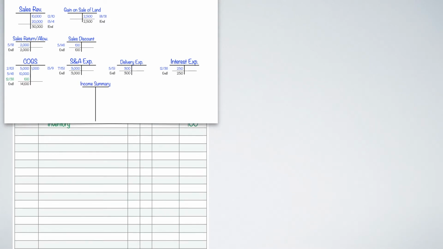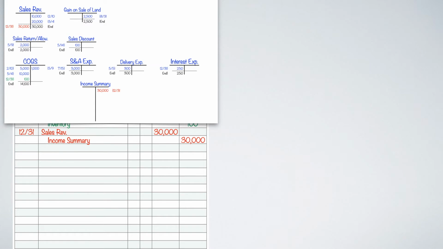All right, so let's start with the R's, the reds, for the R in red, which is revenues. So sales revenue, we have a credit account of $30,000. So in order to get rid of that credit account, we need to debit it $30,000. And if we debit sales revenue $30,000, then we need to credit income summary T-table by $30,000 as well. So debit sales revenue, credit income summary, that's what our corresponding journal entry is going to be.